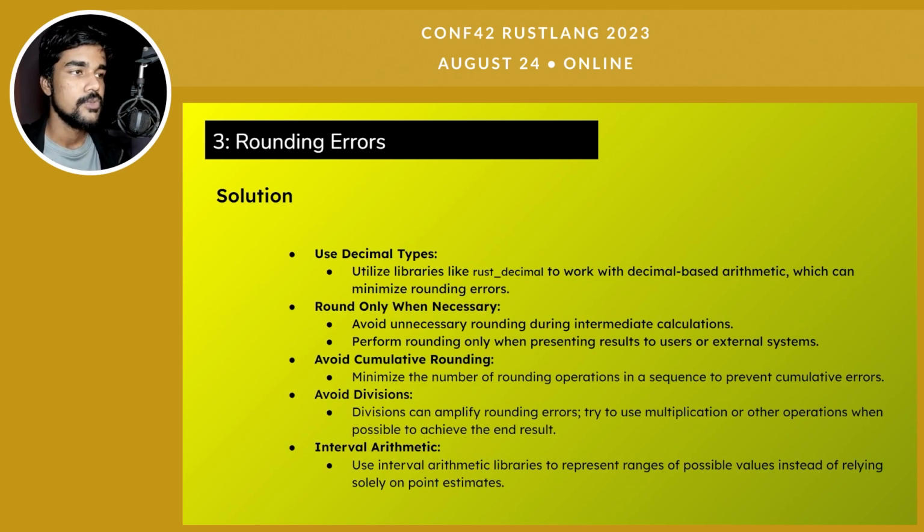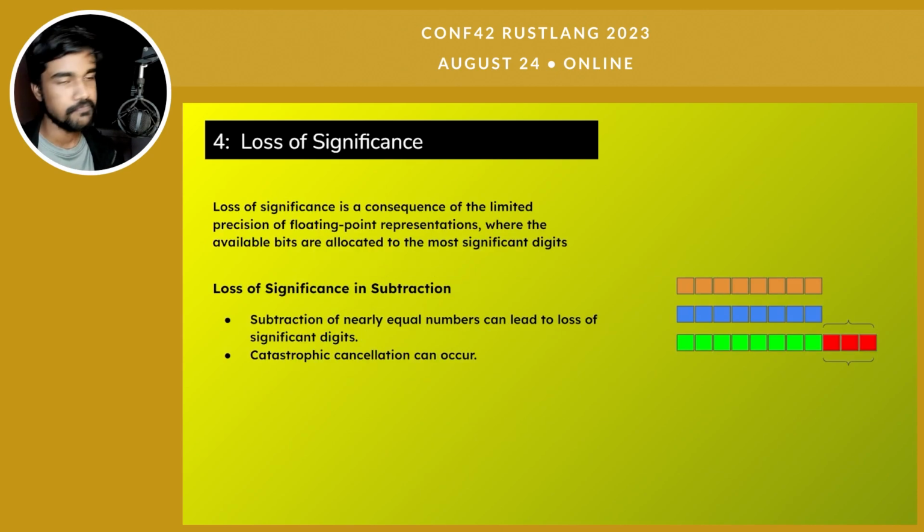Another good approach to the rounding error problem is to use interval arithmetic. You can Google it up to learn more about it. Using interval arithmetic libraries, there was one, inari. Yeah, so the inari crate in Rust provides you with interval arithmetic operations that you can apply in your calculations, so that you can have some loss prevented.